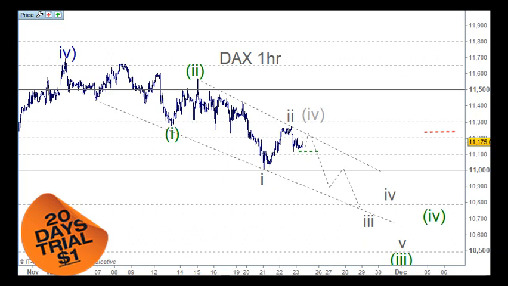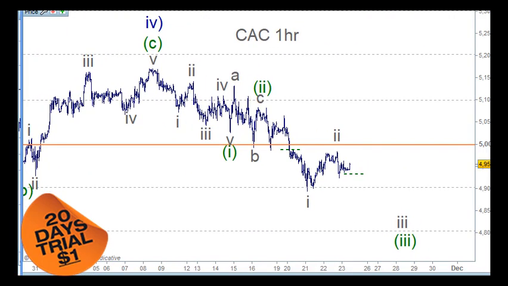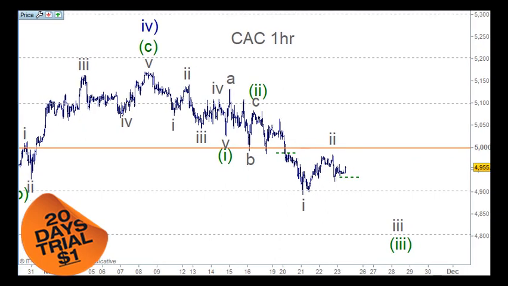So while we're here, we can just bring the CAC across here, and the same again, wave 4 here, and looking at all of this down as wave 1 here, an A wave, a B wave and a C wave for wave 2, and then looking at this structure, all of this down here for wave 1 and 2. I know I can count this differently as well, but I want to tie it into the US markets because I can see that they're actually moving together on an intraday. So there can be different counts for this move down here, but the main thing that we want to be